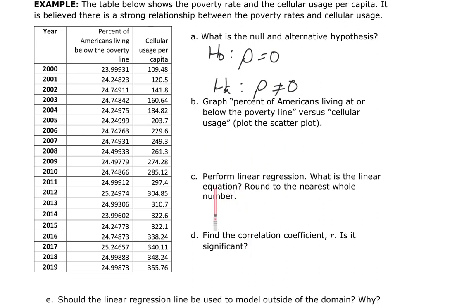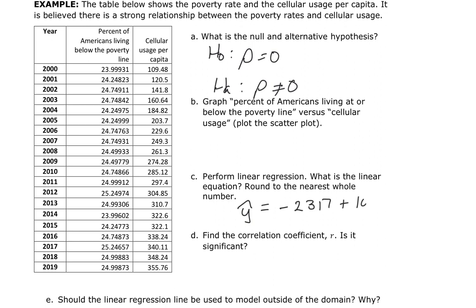I'm going to also perform the linear regression. Now, I can do that with my scatter plot in Excel, or if you remember, I can use that LINEST, and I can pull out the information that I need. And it's also telling me to round to the nearest whole number. So I got, for my linear regression line, y hat is equal to negative, rounded to the nearest whole number,